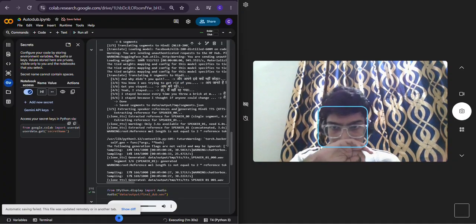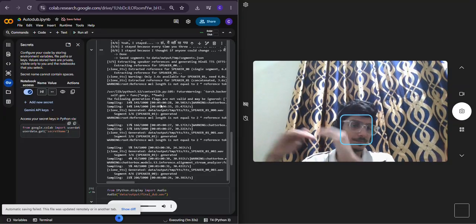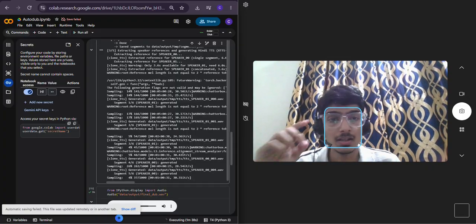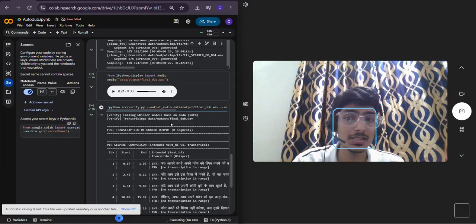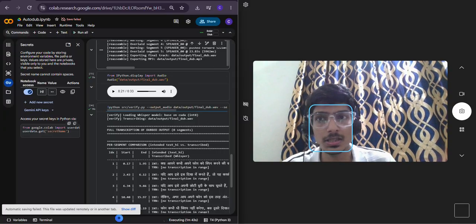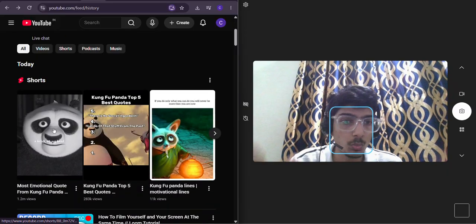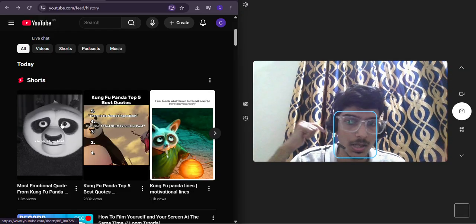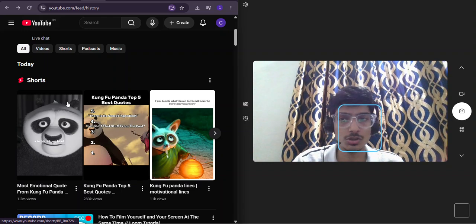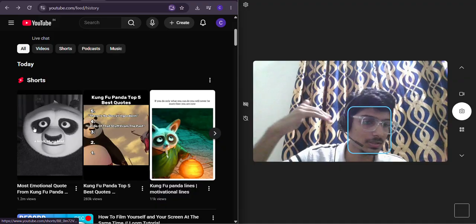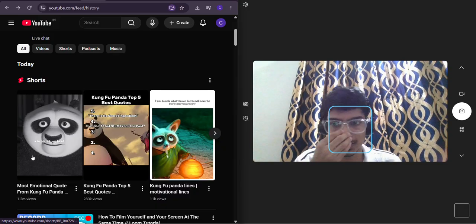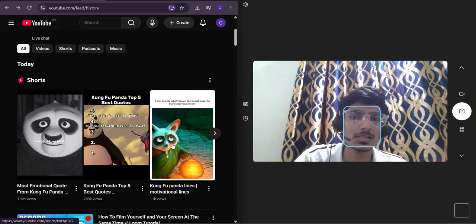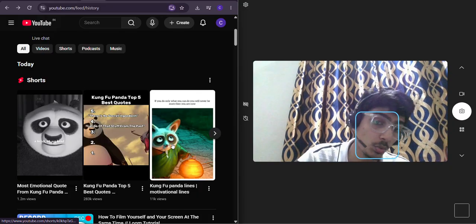So first it is running the translation, and then it will sync everything perfectly, so it feels like it was dubbed. And the best part about this project is it is doing this in the voice of the original speaker. So here in the voice of Kung Fu Panda, you will hear the same sentence in Hindi, the actual sentence that he said in English. Also the other speaker, Mr. Shifu, the name of the character in the movie, whatever he said in English, my tool will translate the same sentence into Hindi in his original voice.